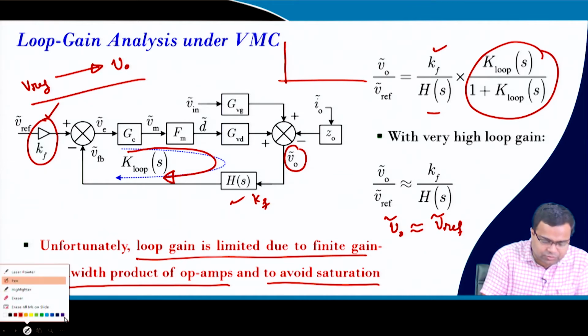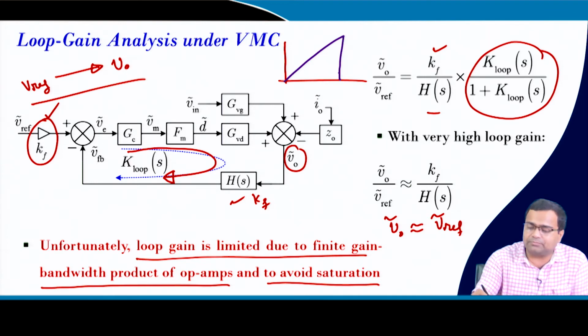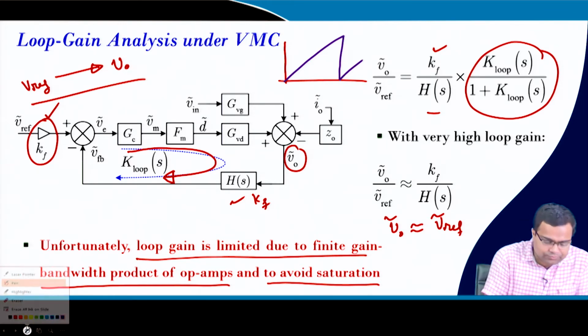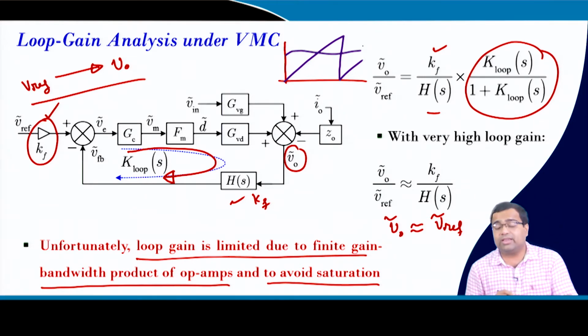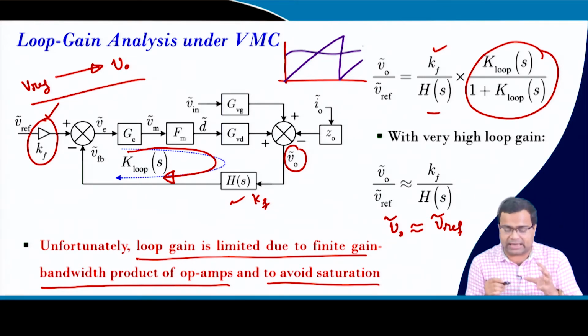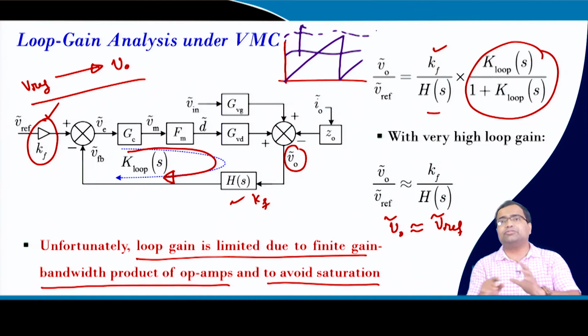So, if you take the sawtooth waveform, this is our control voltage, right. Now, if the modulator gain is very high, under transient this waveform can go above. So, it can be like this, and then the duty ratio can saturate, and under this condition, first of all, your small signal model is not valid, even for a large perturbation it is not valid.